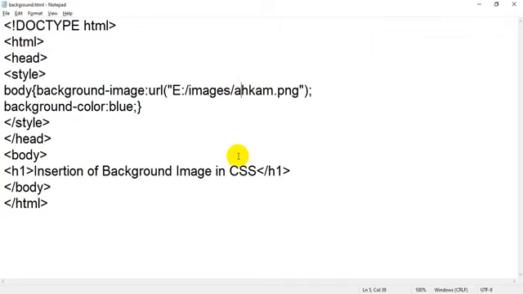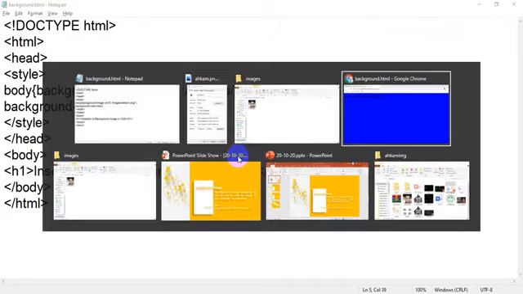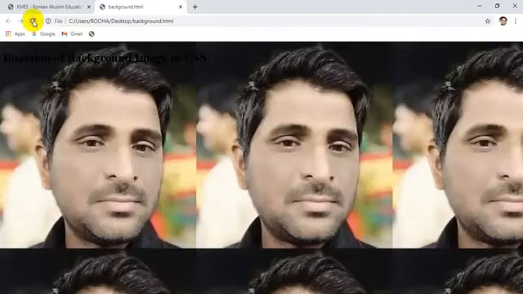Okay, flip back to your browser and just refresh the page. You will get your answer. Okay, means you have to use forward slash instead of backward slash. Now you will notice there is an issue as per your requirement. Means you want a single image on your background. Why is it repeating? Because the image size is very low. The first reason, the image size is very low.